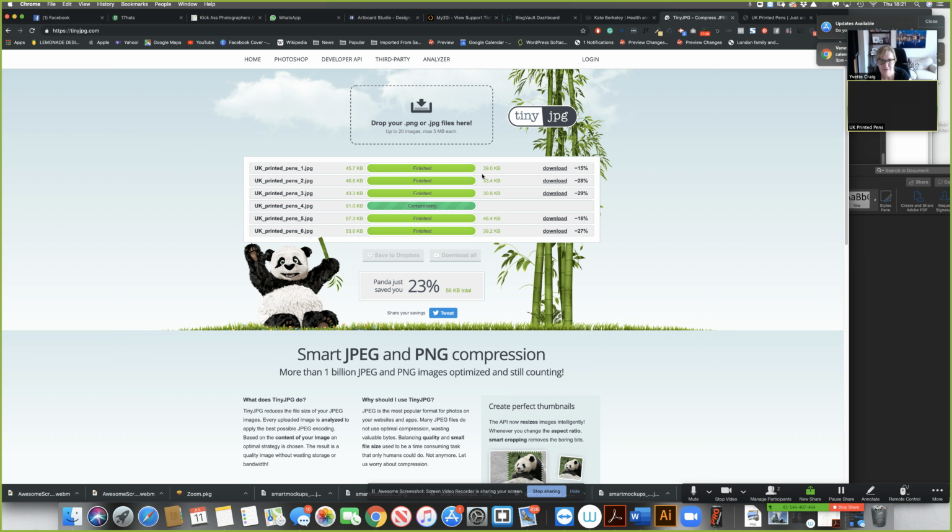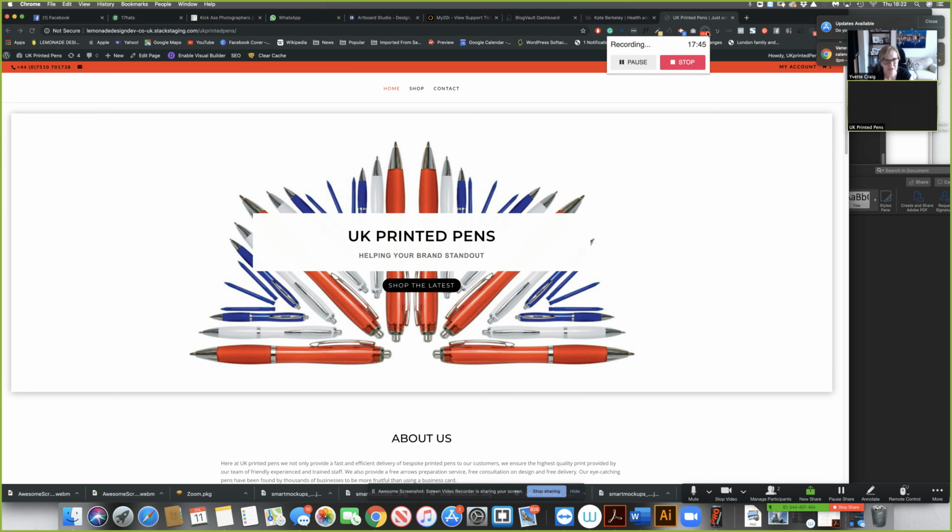Yeah, brilliant. And then you just download it and it comes in a zip folder. And I generally then take them back and drag them on top of the folder so that you know that they're there. Yeah, and just replace the ones that were there. But that's it really. Right, I'll stop